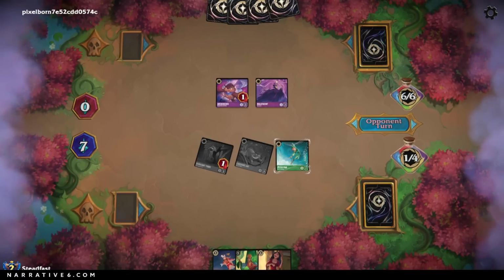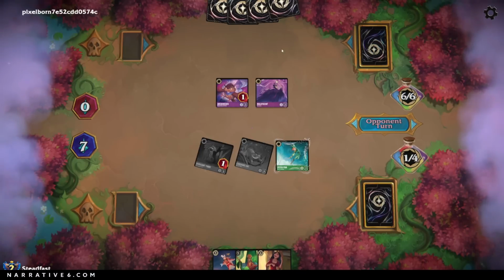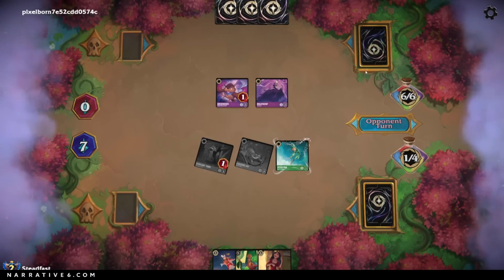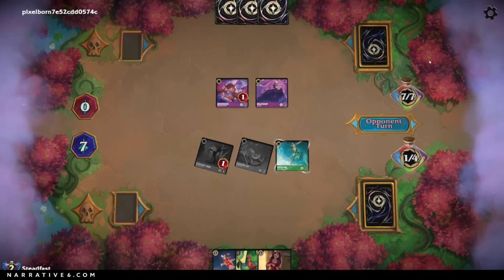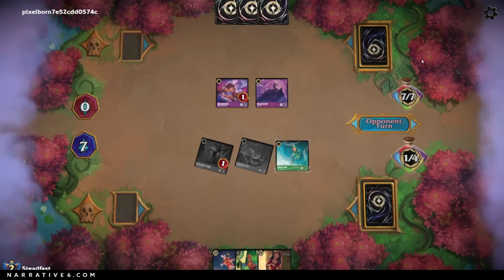Now, as it stands, he doesn't have a ton of card advantage, 4 versus 3, because he's turned that into extra ink, as you can see. So with 7, he could play Hades. He could play Belle plus another Maleficent. So